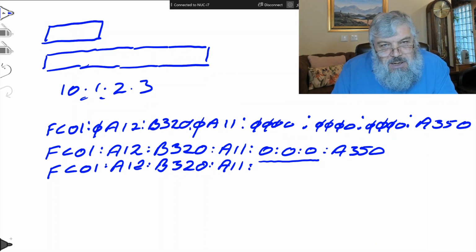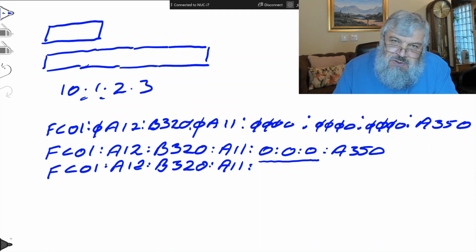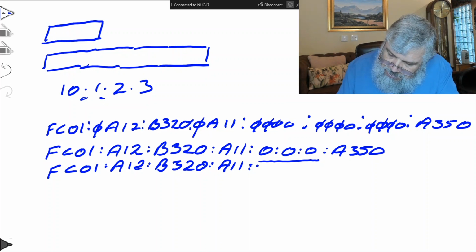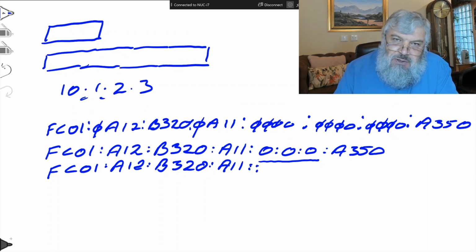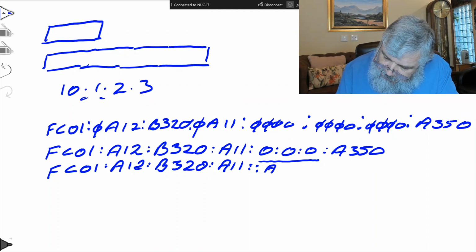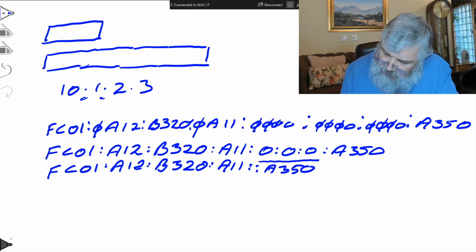So what I've done here, I've copied the initial bunch of values, and now we get to the sequence of zeros. And rather than writing them all down, we're going to write down a second set of colons with nothing between the two colons. And then we're simply going to write down that final field, which happens to be A350.